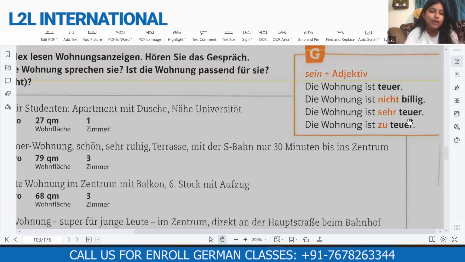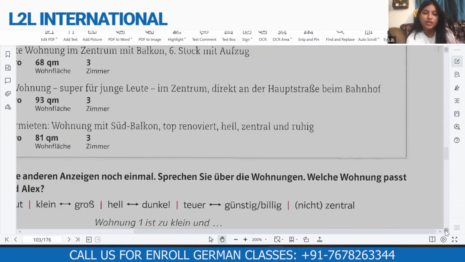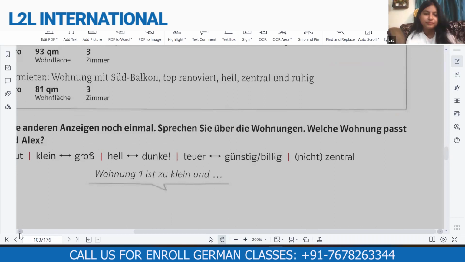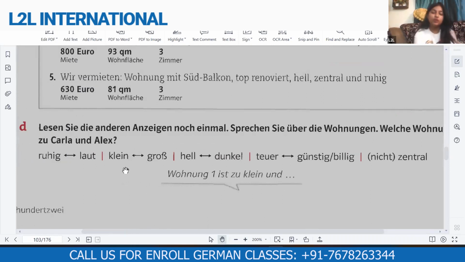Or the other counterpart, how do we use the opposite? You can see here the opposite of ruhig is this. So how do we say? Die Wohnung ist sehr laut. Sehr laut or laut. Normal. Now, these are a few adjectives that we normally use for describing our room. Mein Bad oder mein Schlafzimmer ist groß. It is sehr hell, like this.